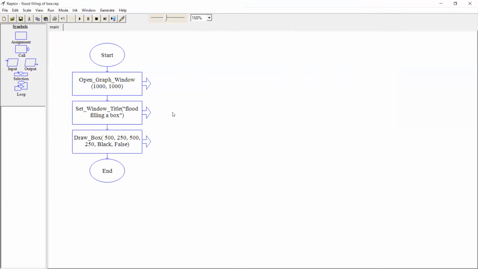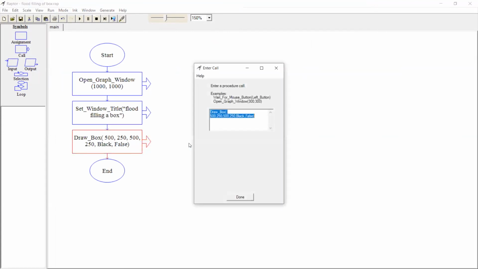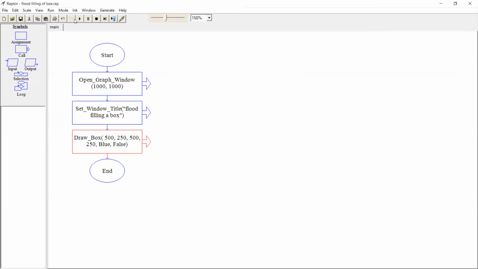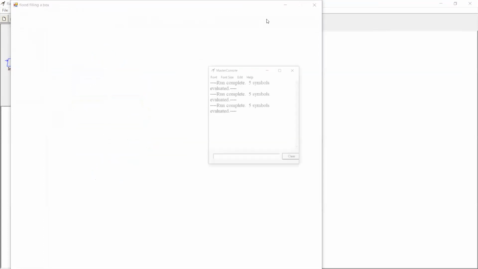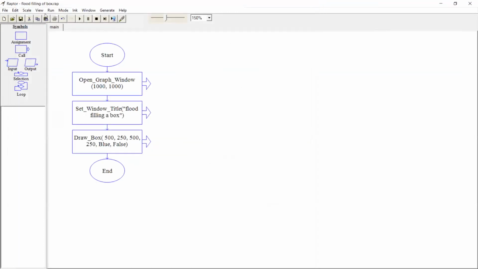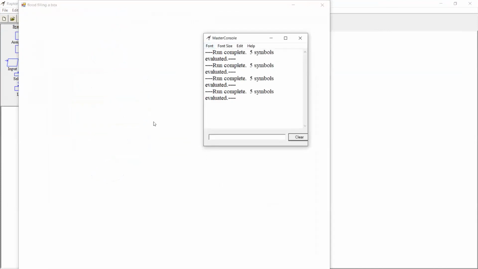Okay. Change the color from black to some other color. Have you tried it? No, sir, I didn't. Just change it. Let's see. Some yellow or red, something you keep. Try for blue. Save it first, because it is working with the old code only. Now you run it. Even if it is not coming, we cannot do anything now. It's not coming, sir.